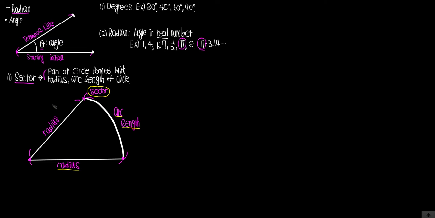And inside the sector, we define the radian. Let's say the length of the radius is 1. That means this length of the radius is also 1, where this length and this length are exactly equivalent as 1. Then if you also set the arc length as 1, which means the radius of our circle, which is half of the diameter, and the arc length of our sector are both equal to 1,